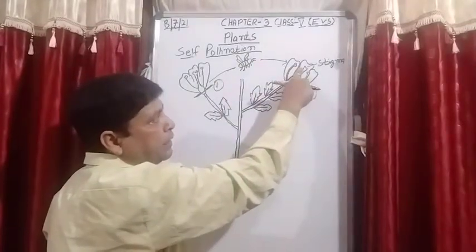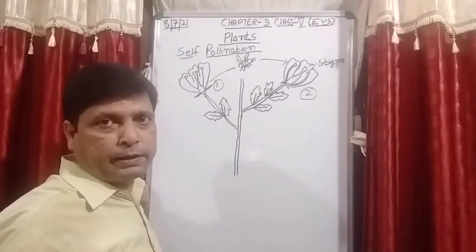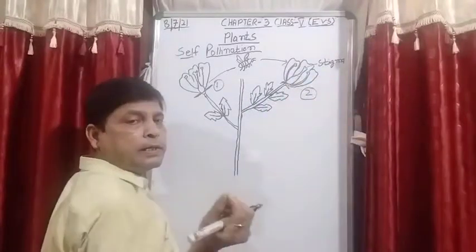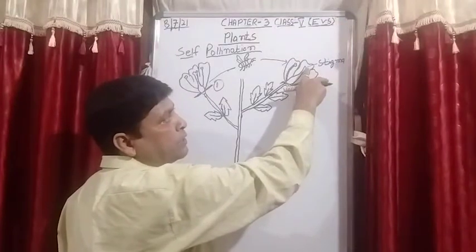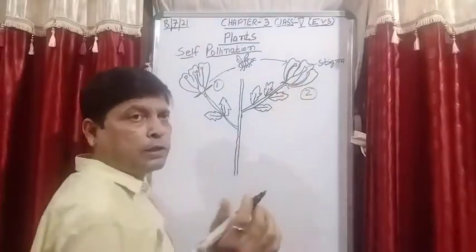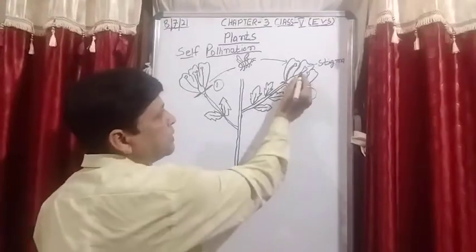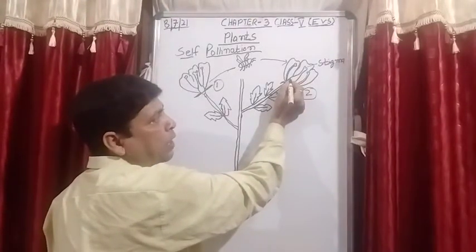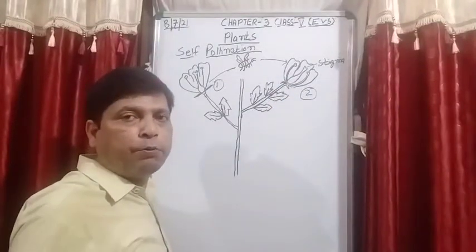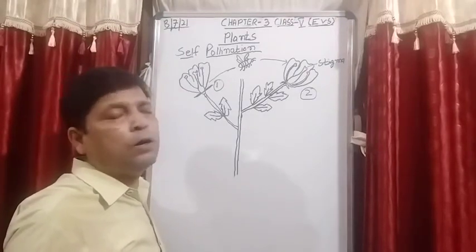Now when the bee sits on this flower, the reason is again the nectar. As you know, the stigma is sticky, so the pollens stick on this stigma, and from this tube, that is known as the style, because the style joins the stigma and the ovary, the pollens enter into the ovary. In the ovary there are ovules, which means female egg cells are present in the ovary.